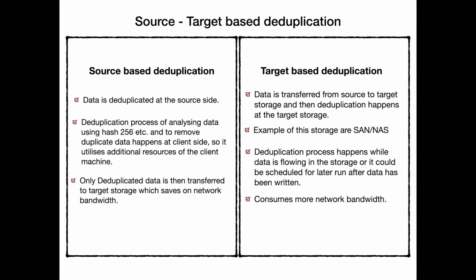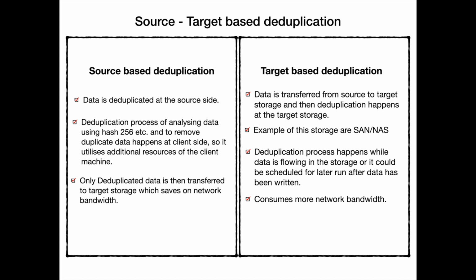On the target side, you are deduplicating the data as and when the data arrives. You deduplicate the data and then do the storage within your SAN, NAS, or whatever kind of storage you're using on the target side. That is called inline deduplication, because the data is arriving, it is getting deduplicated, and then the storage is happening. Whereas in another scenario, you save the data first and schedule the deduplication for a later point in time. So you are initially using a lot of space and then doing the deduplication and squeezing the memory.